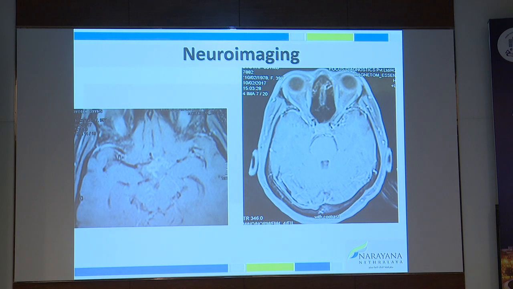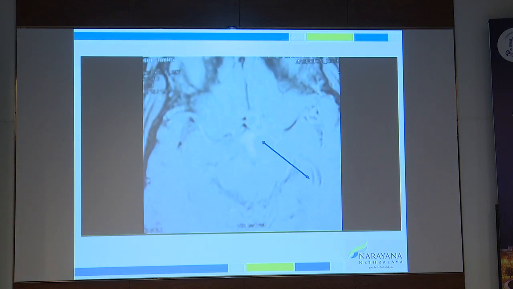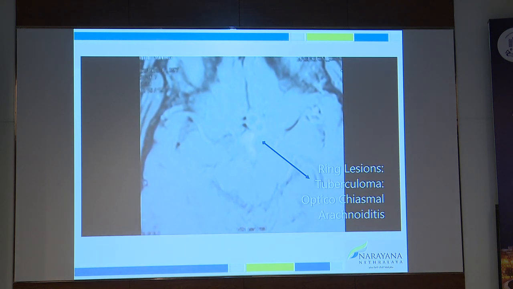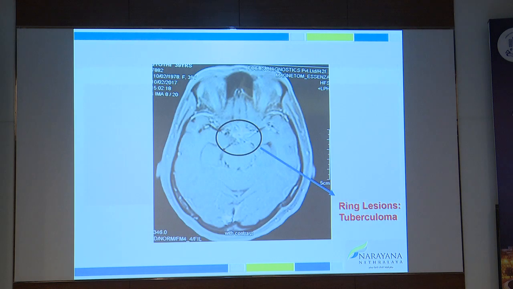So we went ahead with neuroimaging. As you can see here, there is a cluster of well circumscribed hyperdense confluent ring enhancing lesions near the chiasma, which you can clearly see over here, which is suggestive of CNS tuberculoma along with opticochiasmal arachnoiditis. So in short, I come back to the title of my topic, Lord of the Rings. As you can see here, the rings are lording over the opticochiasmal area, compressing the optic nerves, leading to the